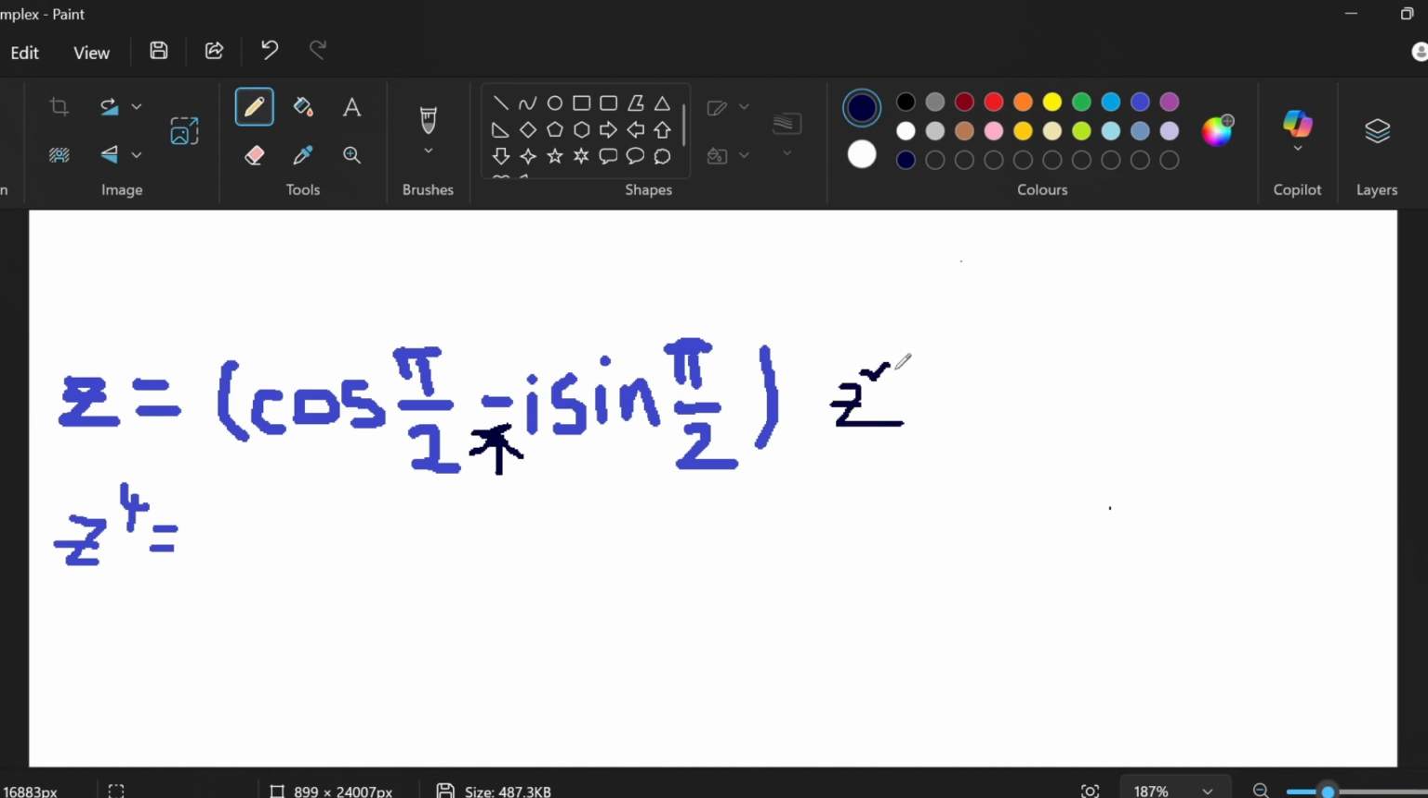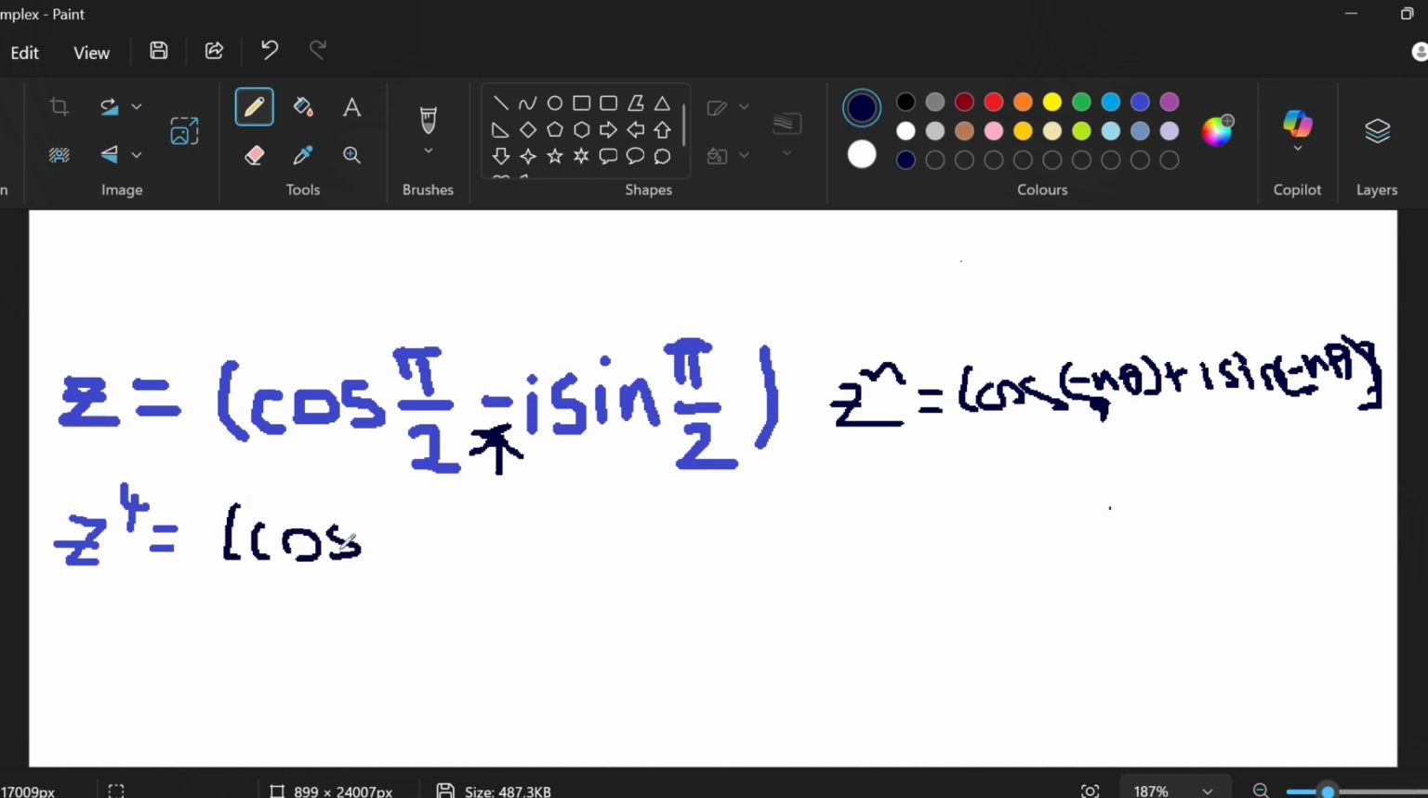That being that z to the power of n is equal to cosine of minus n theta plus i sine of minus n theta. I just change the sign in front of the n here. And now I can evaluate this z to the power of 4. So I have that cosine of negative n, so n is 4 in this case, so negative 4 times pi over 2, that's negative 4 pi over 2, plus i sine of minus 4 pi over 2,